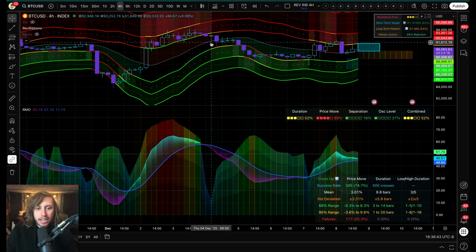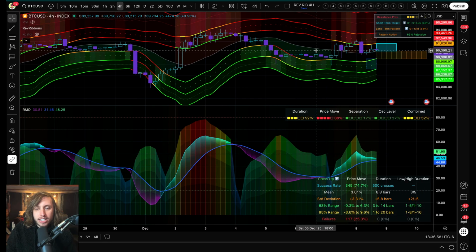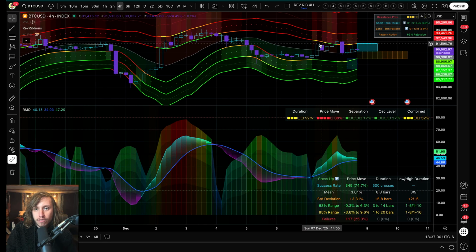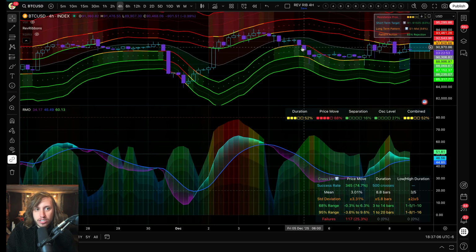For example, back on December 4th right here, it broke below the midline. It tested it a few times and then broke down. Then once it broke above it, it moved up and tested the upper side. It kind of did some swings right there. So again, this indicator is so incredibly strong for swing trading, especially if you're using these areas of interest